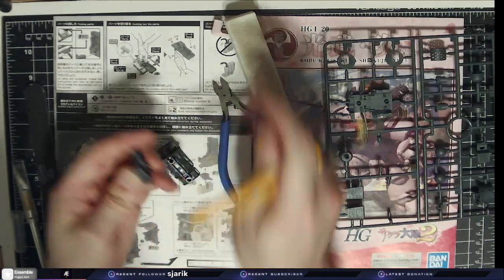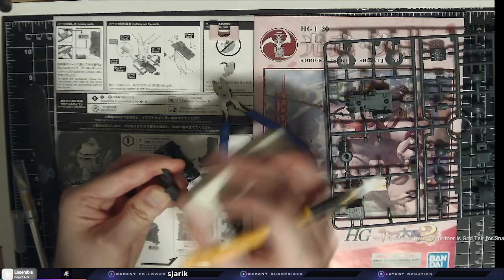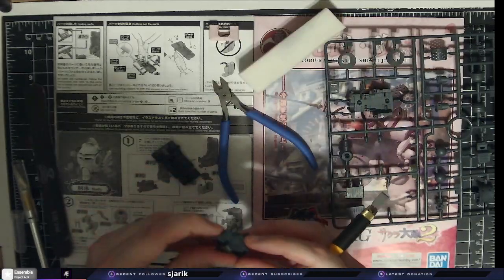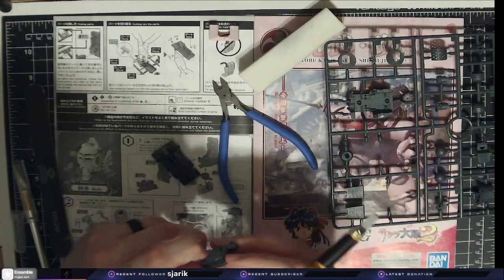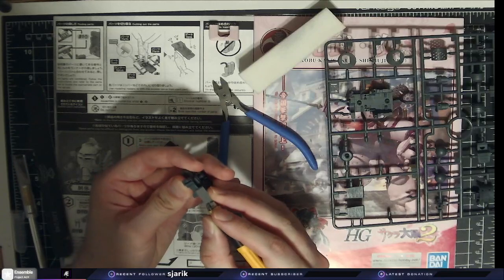But how you doing? Come on in. Oh my gosh, look at that edge. That's so rough. The white balancer from Gunprimer? Okay. Alright, so I've been sleeping on Gunprimer products. I'll be honest, like,